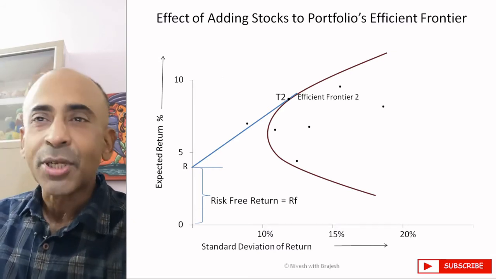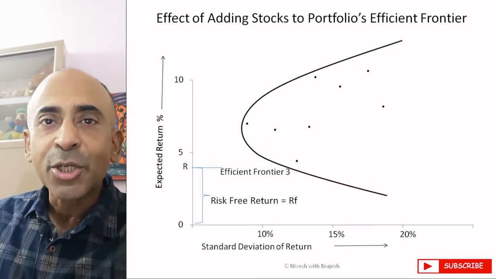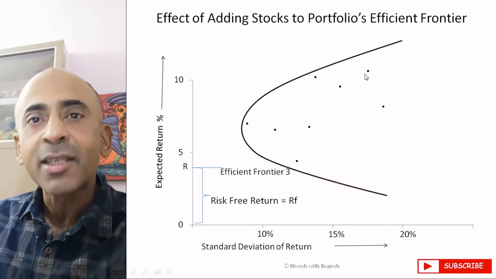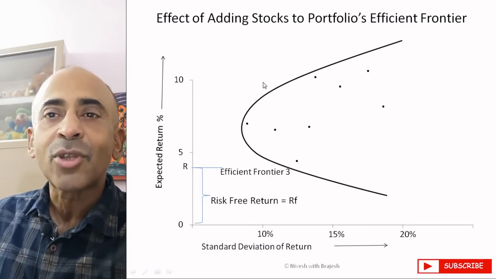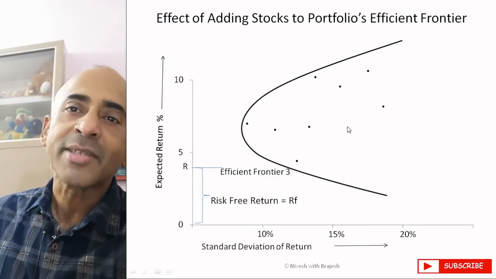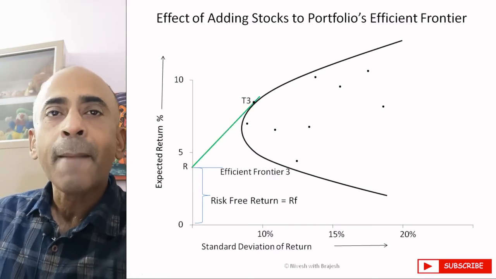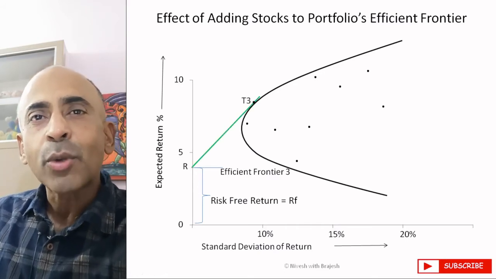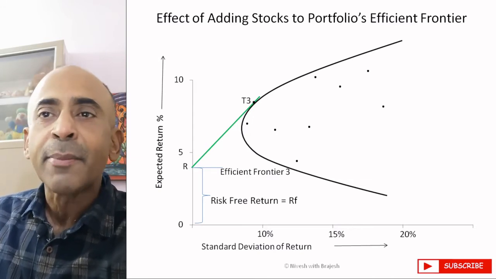Now let's add another 3 stocks and plot their mean variance points. Now note that the new efficient frontier 3 moves further left and further upwards, thereby pushing the new efficient frontier 3 much further into our desired zone. The new tangency portfolio is T3. So an investor who wants to invest in a risk-free asset along with the risky assets should necessarily remain on